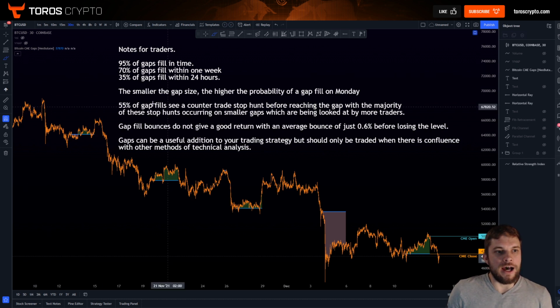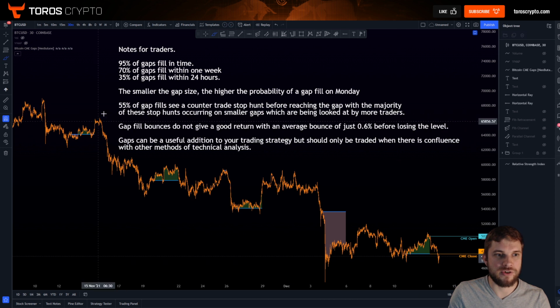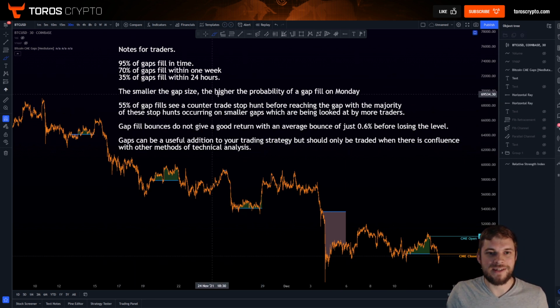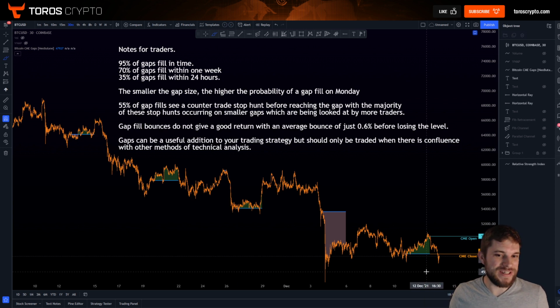Another important piece of data here is that 55% of gap fills see a counter trade stop hunt before reaching the gap, with the majority of these stop hunts occurring on smaller gaps which are being looked at by more traders. So once again, the smaller the gap size, the higher probability of a gap fill on Monday. But again, that increases the probability that you're going to have one of those stop hunts before eventually going down